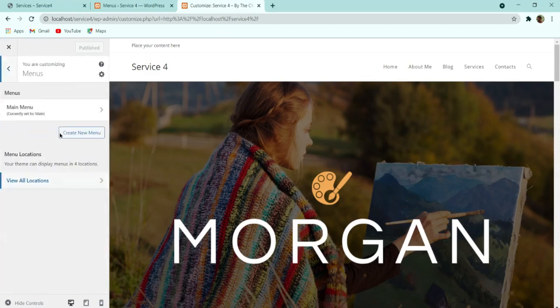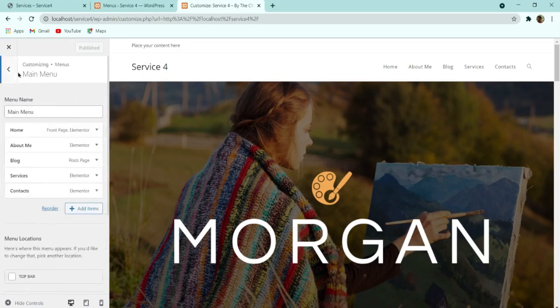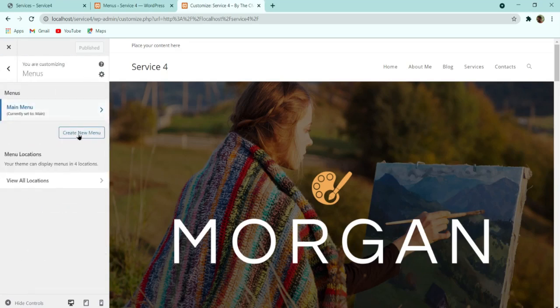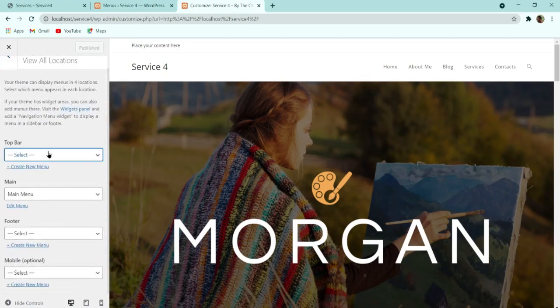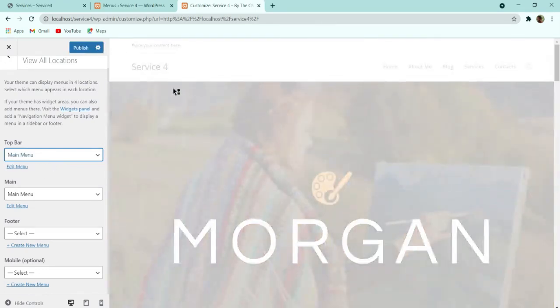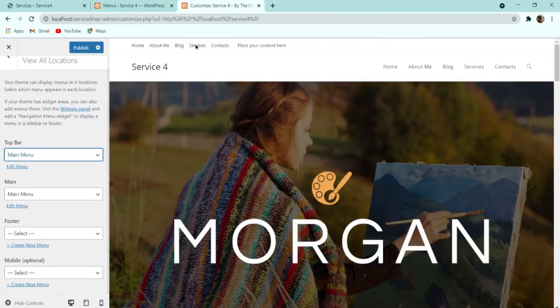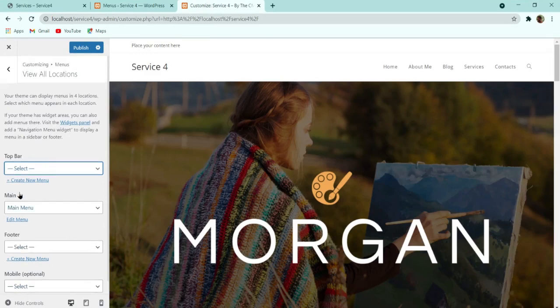Similarly, you can also create menus from here. Click on create menu and create menus. After that, if you want to assign any menu, suppose in the top bar I want to assign this main menu, you can see that it is coming over here. Similarly, if you want to assign any menu to the footer or anything else, you can add it,